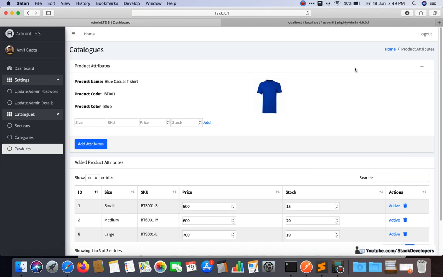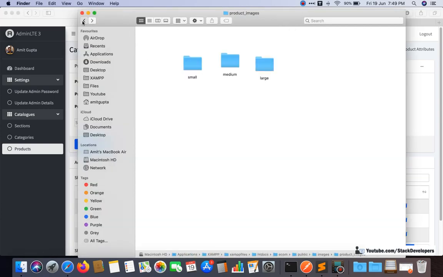Later on we are going to add images from the panel itself when we make that page. Right now, for the sake of our table, we are going to create the table and add data into it. So let's start. First of all we are going to run the command to create the migration file. Let's run the query.